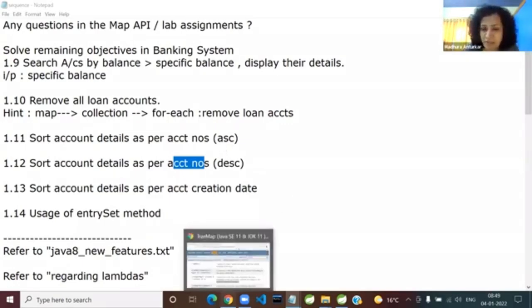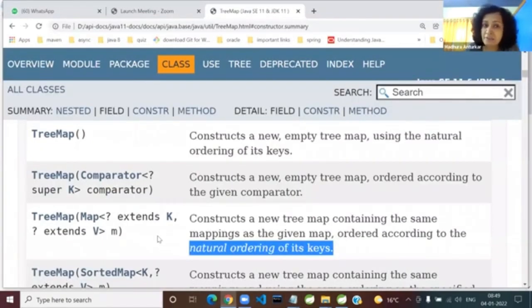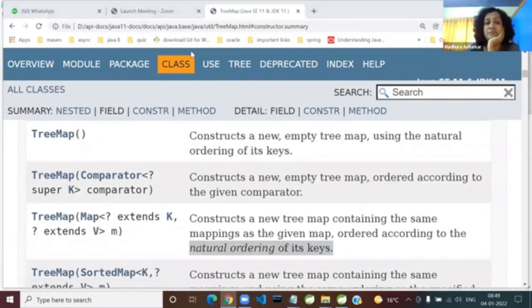So now tell me, open the constructors and tell me first, second or third constructor. I hope everyone realizes if you use first or third constructor, will it go by natural ordering or custom ordering? Natural ordering of integer. And what is the natural ordering of integer? Ascending or descending? Ascending. So naturally, if you want to change it, there is something called descending iterator and all that, but